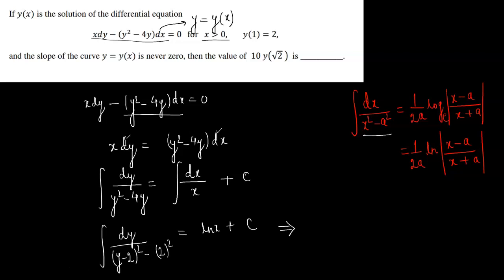Now applying the formula here, 1 by 2a, here a is 2. You can suppose y minus 2 here as t, then you will be getting dy is dt. So it will be forming an integral like dt upon t square minus 2 square, which is similar to dx upon x square minus a square. You can understand it simply. We will be getting 1 by 2 into a, which is 2,